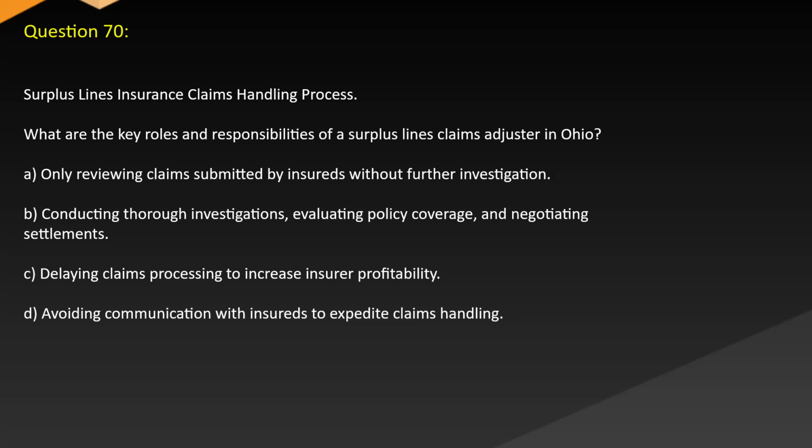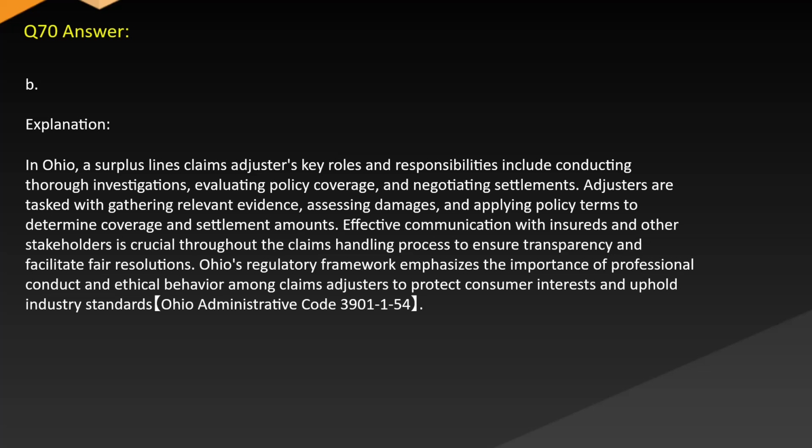A. Only reviewing claims submitted by insureds without further investigation. B. Conducting thorough investigations, evaluating policy coverage, and negotiating settlements. C. Delaying claims processing to increase insurer profitability. D. Avoiding communication with insureds to expedite claims handling. Answer: B. Explanation. In Ohio, a surplus lines claims adjuster's key roles and responsibilities include conducting thorough investigations, evaluating policy